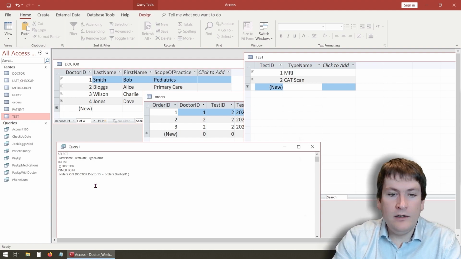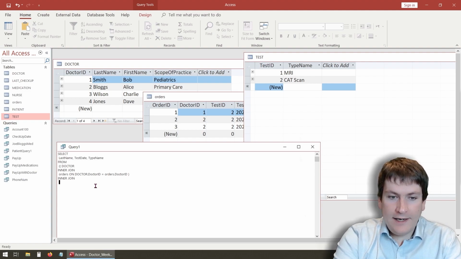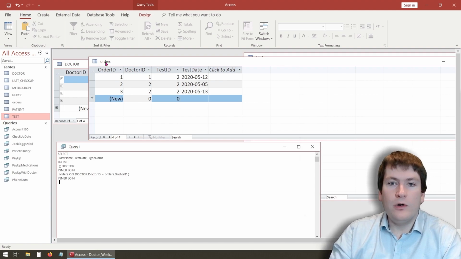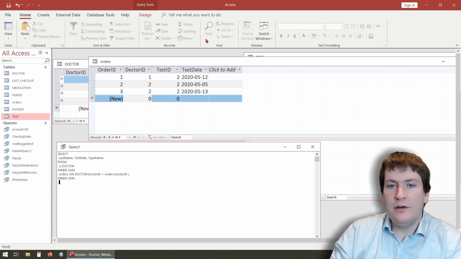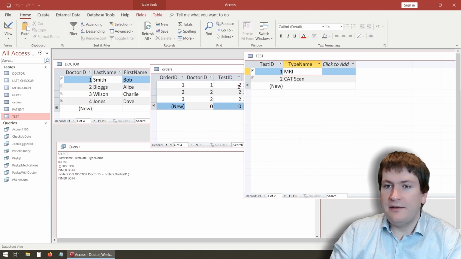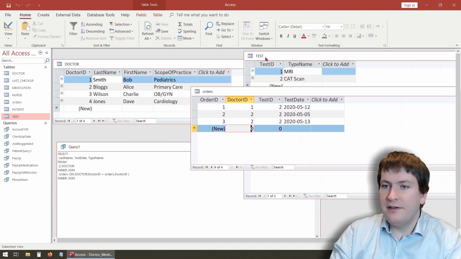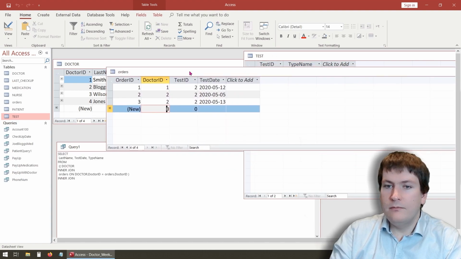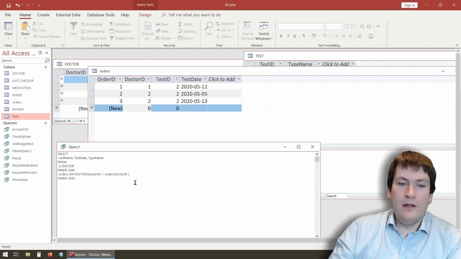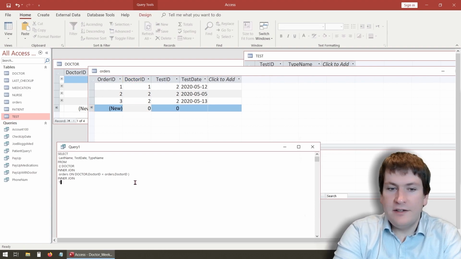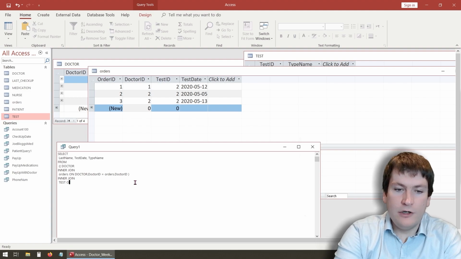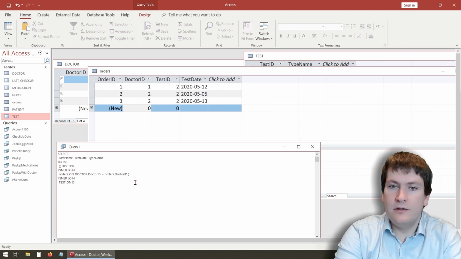We end that bracket, and then we're going to have another inner join to connect it to the test table. So we're joining doctors to orders already. Now we need to go from orders to test. So what's going to join that up is the test ID. So we're going to say we're joining test. We're going to join that on